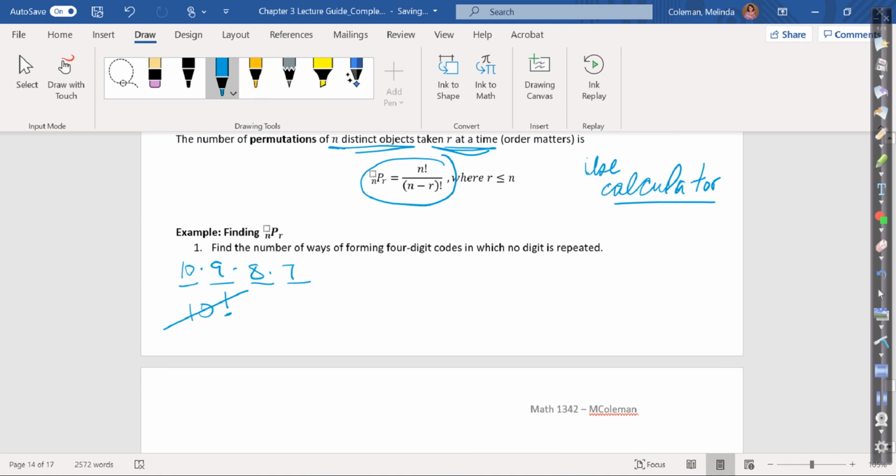But because nothing is repeated, if I use this new formula, it says the permutations of 10 things taken 4 at a time is equal to 10 factorial over 10 minus 4 factorial, which is equal to 10 factorial over 6 factorial,